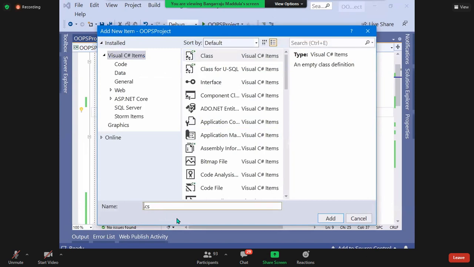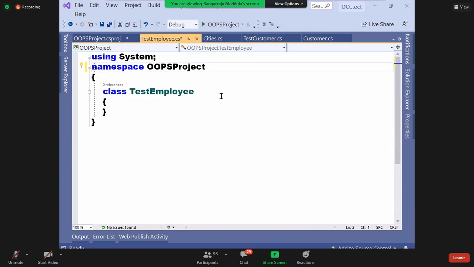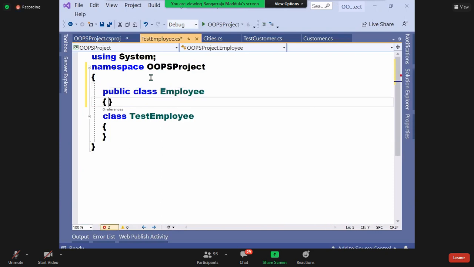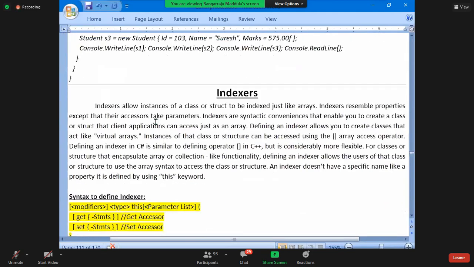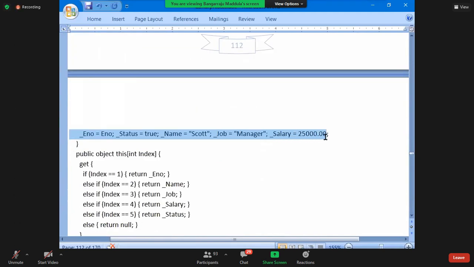I'm writing a class here called test employee, public class. Now declare all the attributes of an employee. How many attributes you want for an employee? Declare them. And also write one constructor.